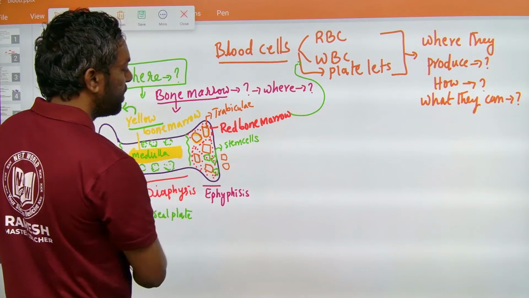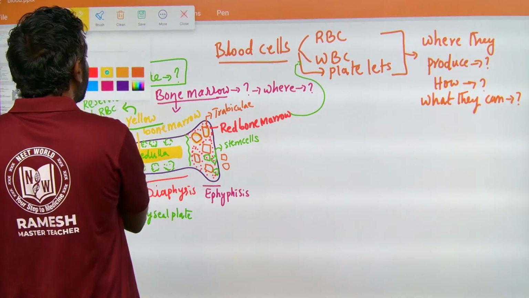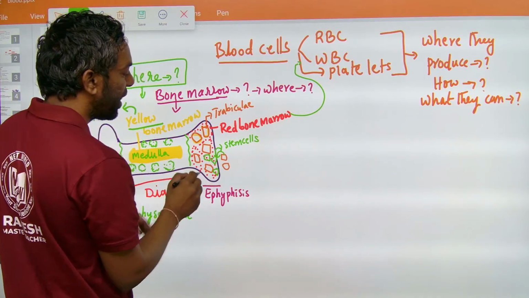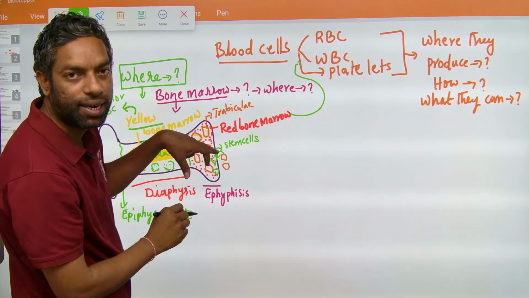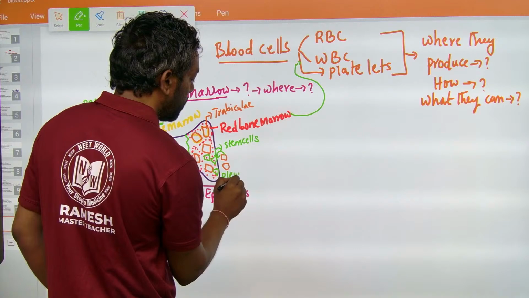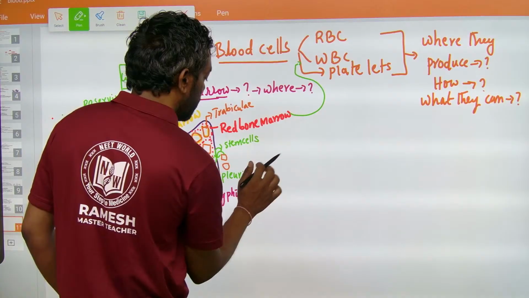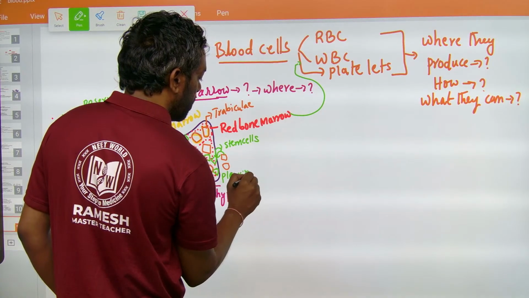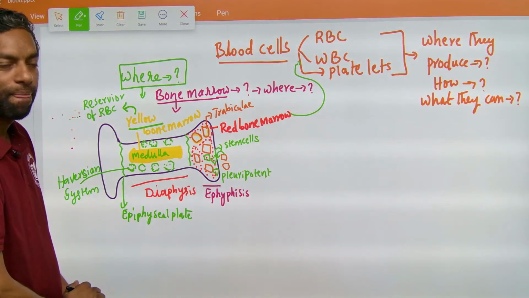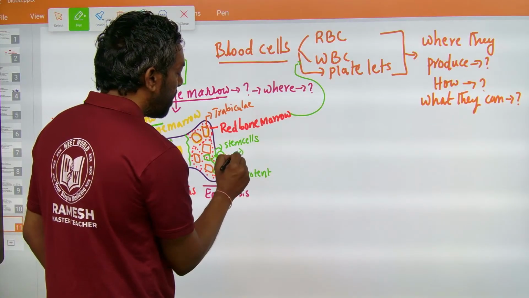Some cells are reversible, and some cells produce blood. This is again the pluripotent cell. This one cell can form